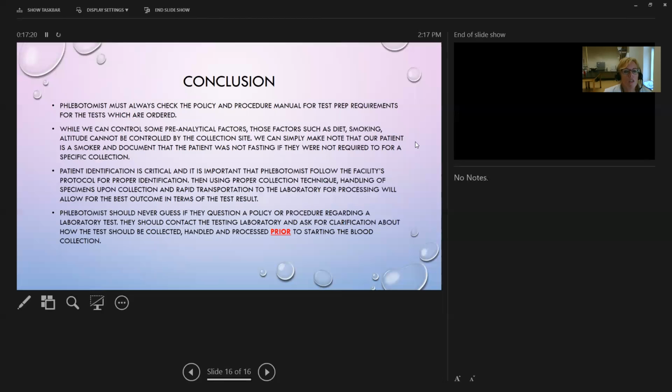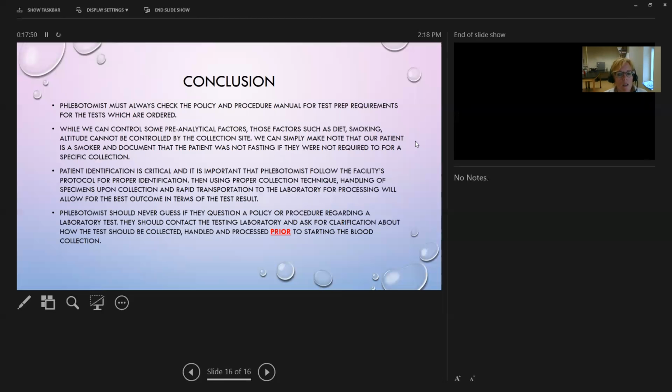So in conclusion, the biggest thing is be really familiar with the policy and procedure manual for test prep requirements. We can control some pre-analytical factors, not all, but we do need to make a note if the patient is a smoker for certain tests, and document that the patient was not fasting if they were supposed to be. Patient identification is critical. Make sure you follow the protocol and use proper collection technique and sample handling with rapid